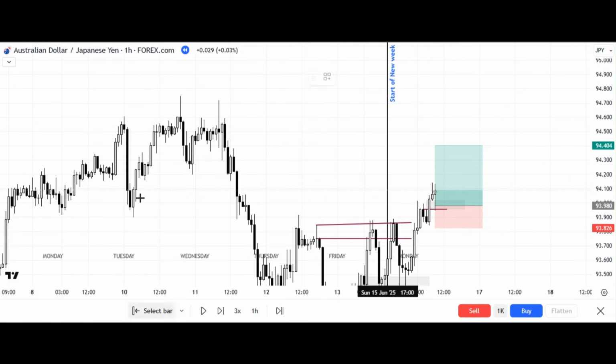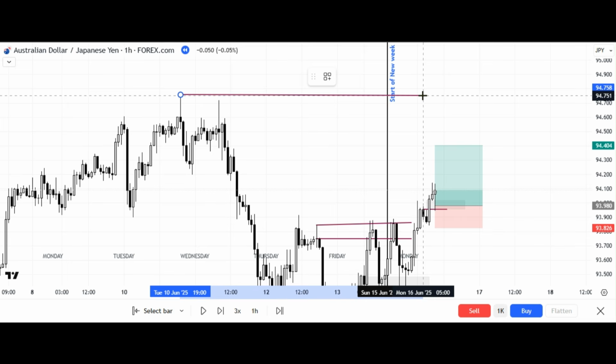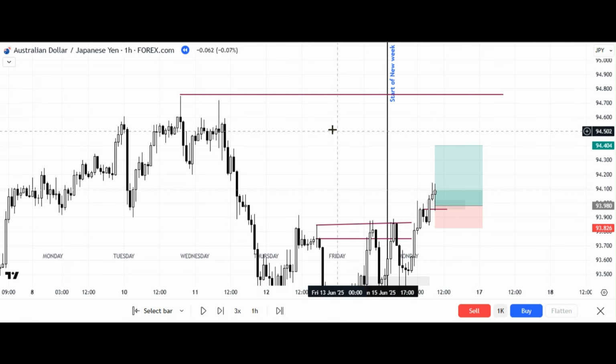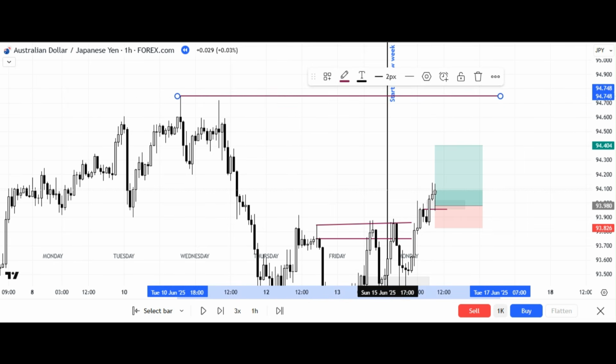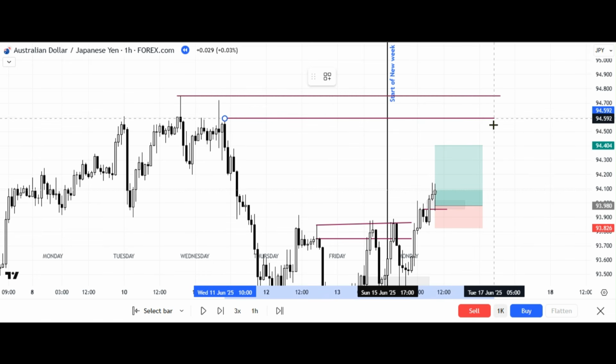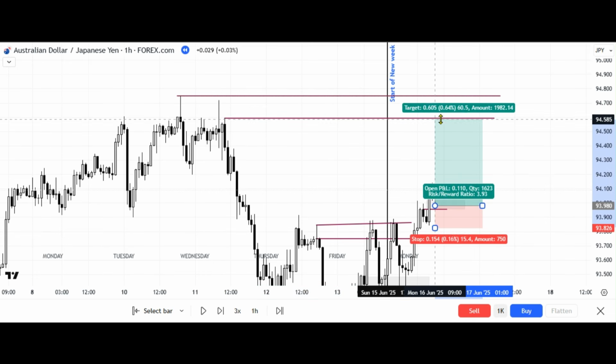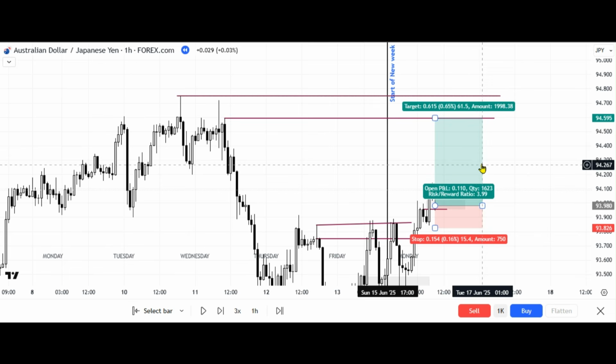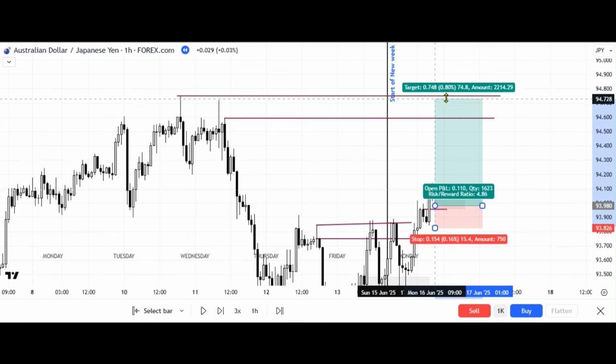You can see we have these buy side liquidities here. This and this is relative equal highs, and price likes to go where we have relative equal highs. So I had my TP there and my first TP on this high here. So this was my first TP. I made 61 pips. Then second TP